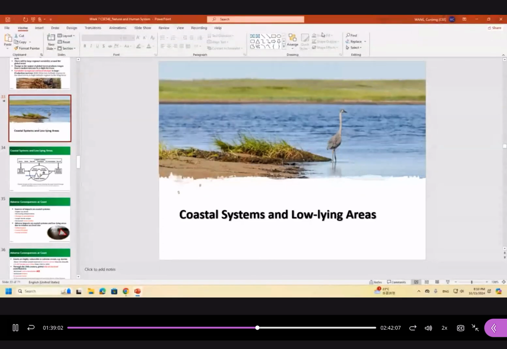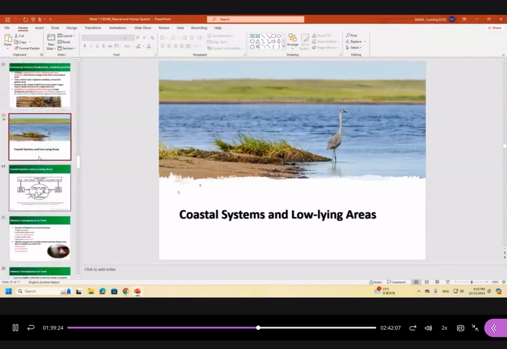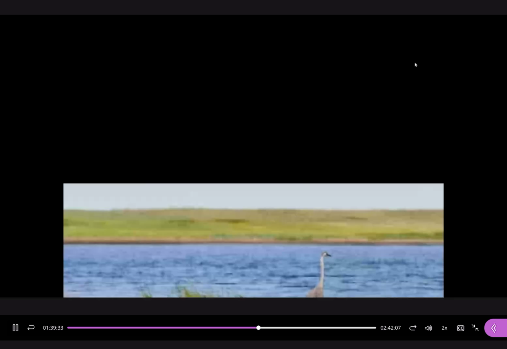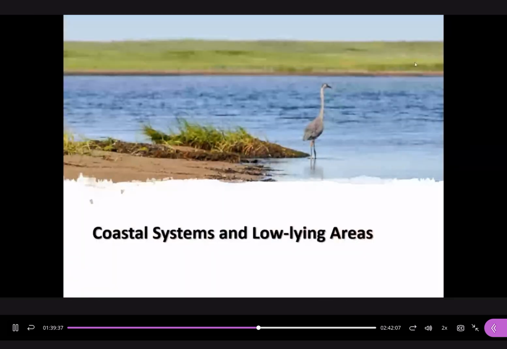Okay, let's continue. Here we collected most of the information about the climate change impact in these four classes. Actually, we have a lot of information in each PowerPoint, but the content is quite easy to understand. There is not much deduction here, so if you just know this knowledge, then you can understand the process.